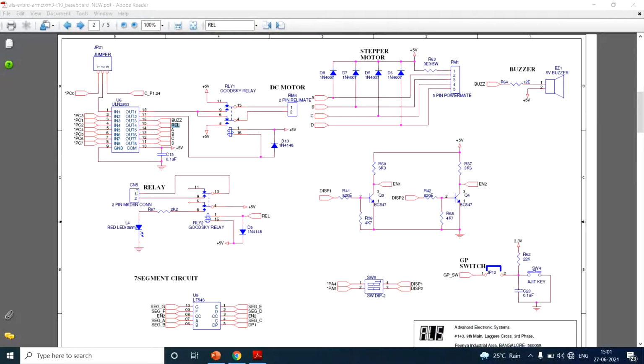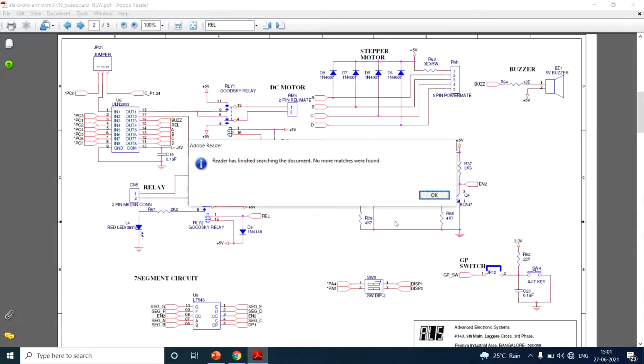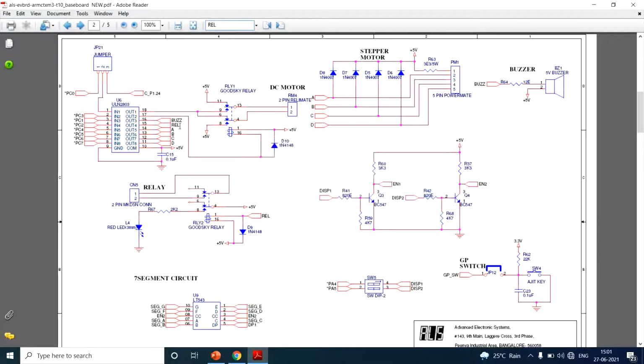Okay, so when you find this, you can have the relay over here. So these are nothing but a relay circuit, which is nothing but open, normal, closed. Then when I come down over here, this REL is open. This REL is the output terminal. So just copy this, then press Ctrl F, then Ctrl V, just paste it. So when you press this, you can come down to REL over here. You should have the same nomenclature.